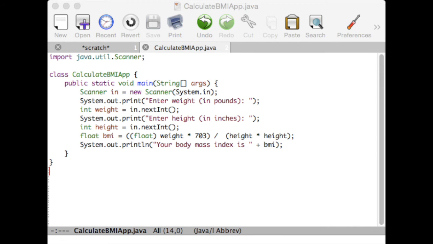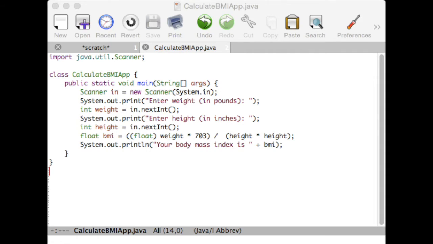Let's look at another example of a simple Java program, and in this case I've implemented the body mass index calculator that we were looking at in pseudocode over the last few classes. So here my program is called Calculate BMI App, and again we don't really need to concentrate so much on the details of the program, which might be a little confusing, but a lot of it has to do with how to get information in and out and so forth, and we'll cover that soon enough. But the point is that I've written the program in Aquamax, and I've saved it to a file called